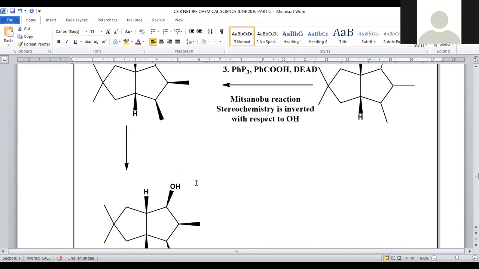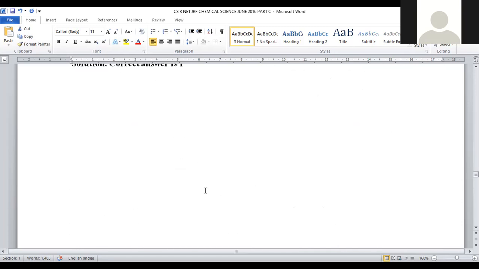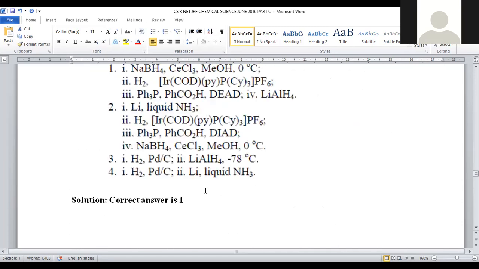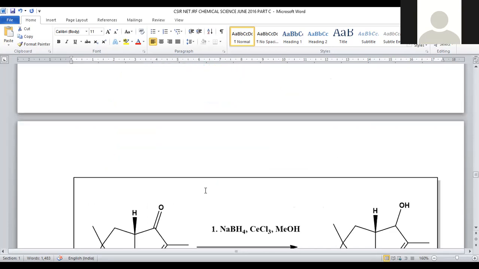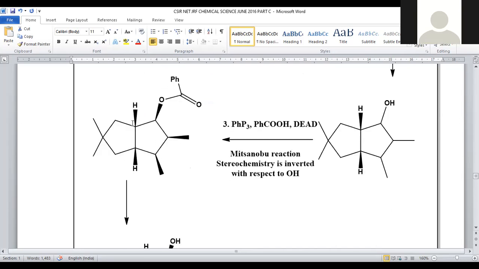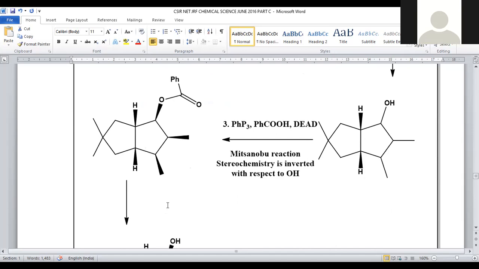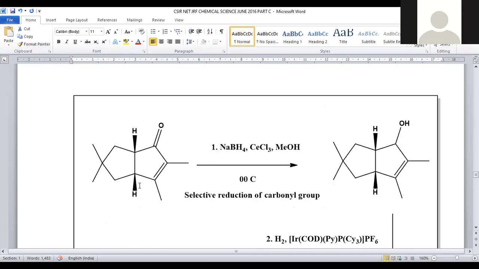Now further, what we will do? The ester is subjected to hydrolysis, so that finally the product will have hydroxy at the center, and we already have methyl in the subsequent positions, and the bridged carbons are represented as such. We are not going to change the stereochemistry of the remaining center. This ring system will not be impacted by this.